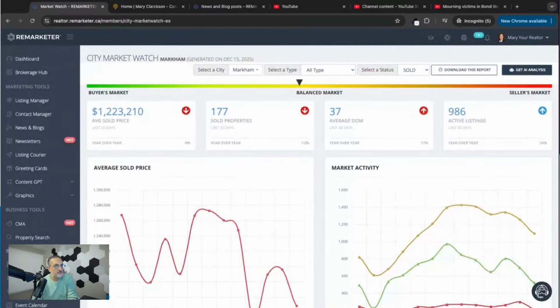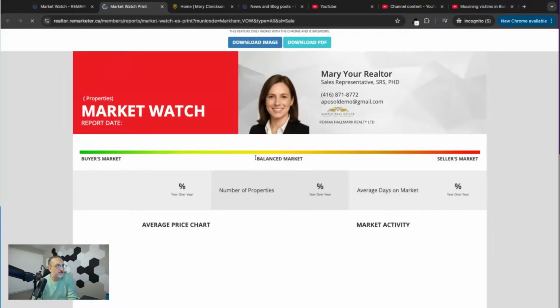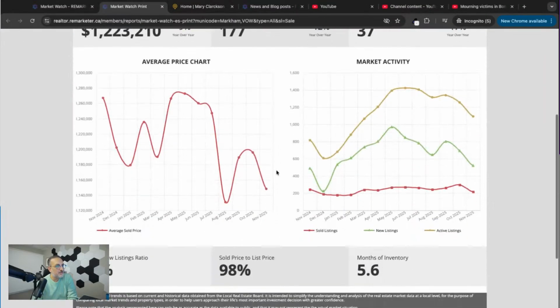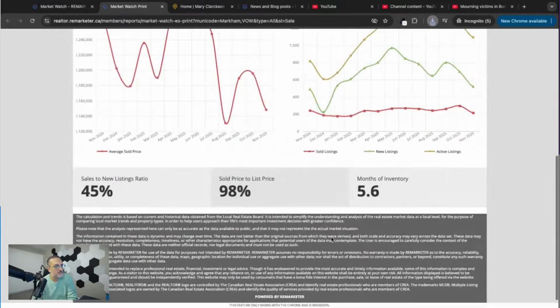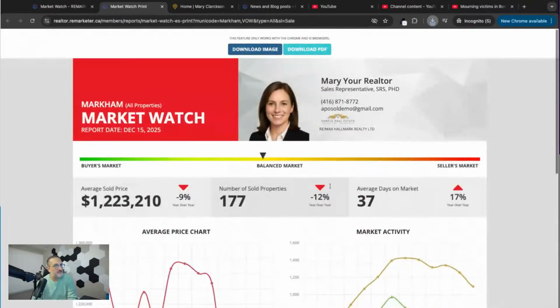What I can do is that, let's say I want to use the graphs in my newsletter, right? So I can download this, and this is going to download this picture for me. All right. So what I'll do is that I will click on download image. You can get it as PDF or you can get it as an image. I'm going to get it as an image. Save. So I downloaded it as an image,